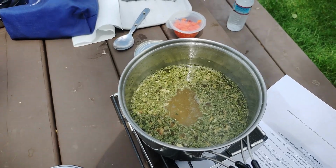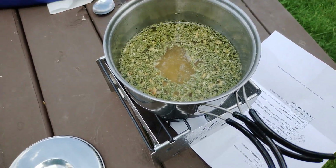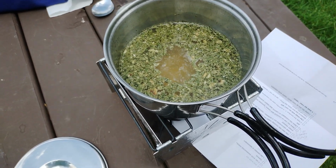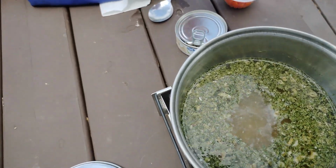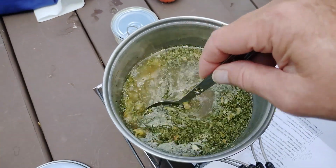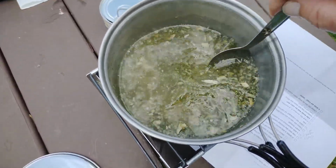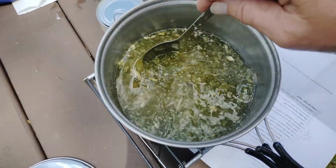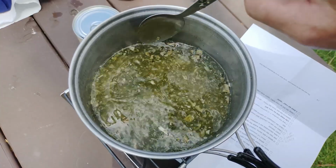As you can see, there are bubbles coming up from the bottom. It's a very slow boil using the Sterno Stove, but it will cook it through. Take your spoon, just gently stir the mixture. This will make certain that all of those celery flakes and the